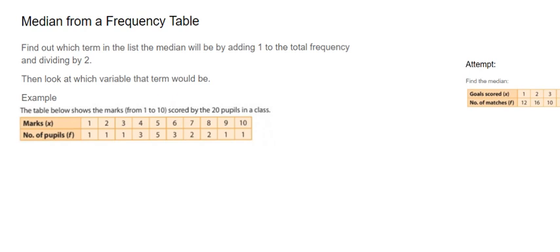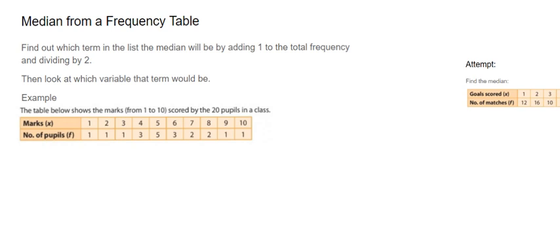Hi guys, so this is the median from a frequency table, so it's a little bit different than finding the median as normal, but you should remember that median means middle number, so if you have a list of numbers, then the median is the one that's in the middle. So if we look at this frequency table, you're asked to find the median, so obviously it's not as straightforward because all of the data is in a table, so it's not just a list